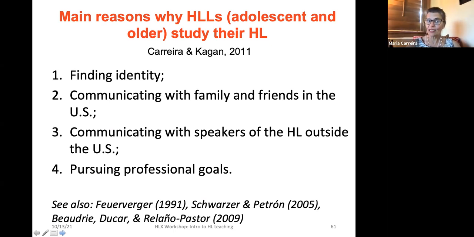But I must say about professional goals that with Spanish and at the time Japanese, professional goals were number one. I suspect that if the survey were to be given today, 10 years later, no, 11, because it wasn't given in 2011, professional goals would rank much higher, maybe number one, number two, for most, if not all, languages, because as we have become increasingly globalized, professional goals have become much more important for HL learners. But this information gives you some idea of how to design activities that respond to their experiences, to their goals,